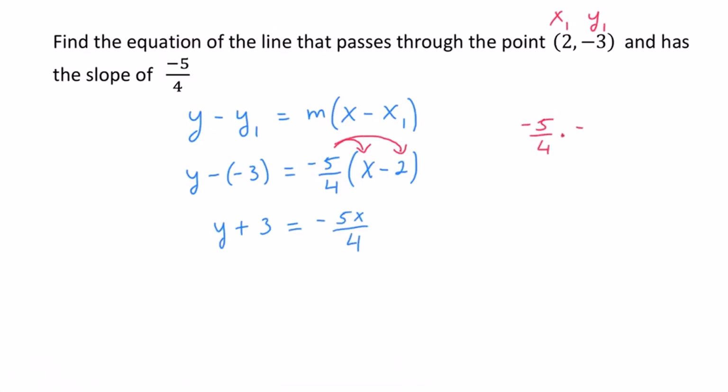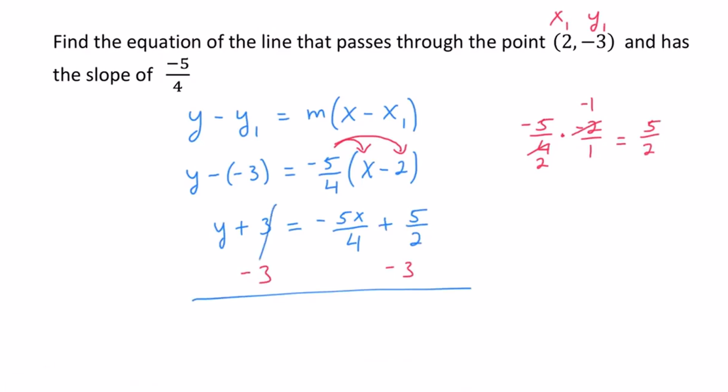-5/4 times -2/1. We can simplify this, so 2 goes into 2 one time with that negative there, and 2 goes into 4 two times. Negative times negative is a positive, so this is +5/2. So we have a plus 5/2. To get y by itself, we solve by subtracting 3, and we have y is equal to